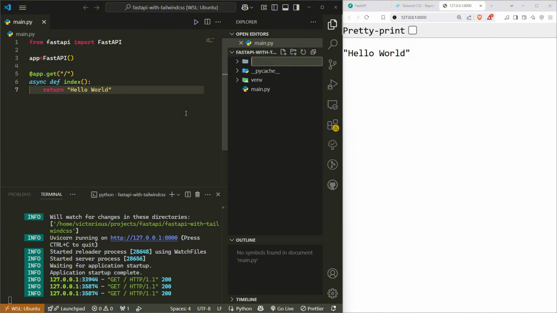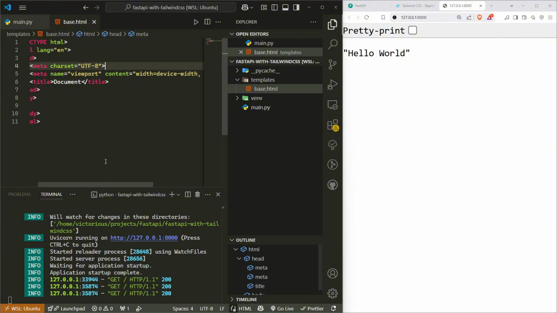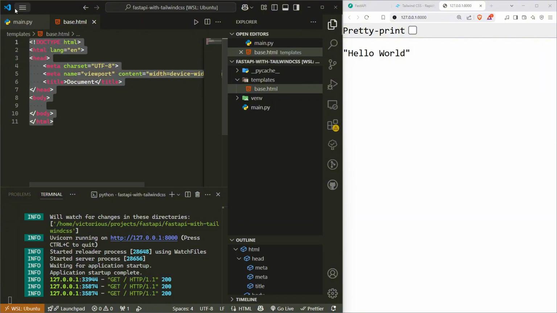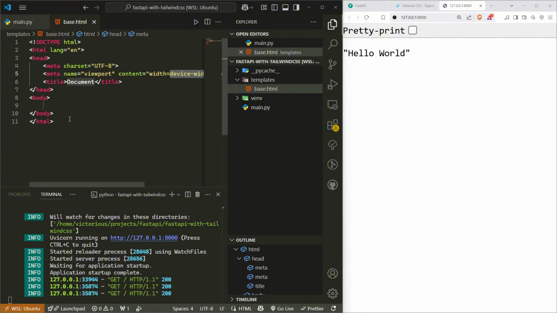For that, I'll create a new folder, templates, and here I'll create a new file, base.html, and this will be a base HTML file. So in Visual Studio Code, we have this snippet in which if we type the exclamation symbol, we will get a base HTML template. And here, let's return a text, h1 hello world from FastAPI